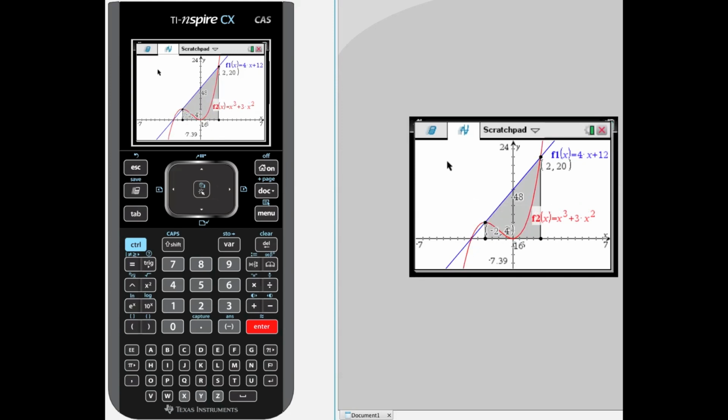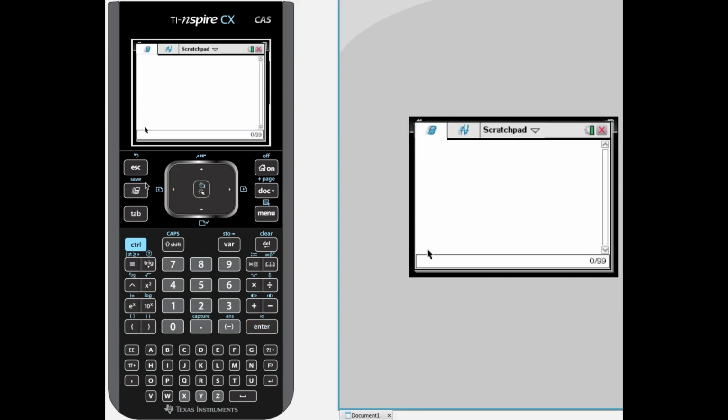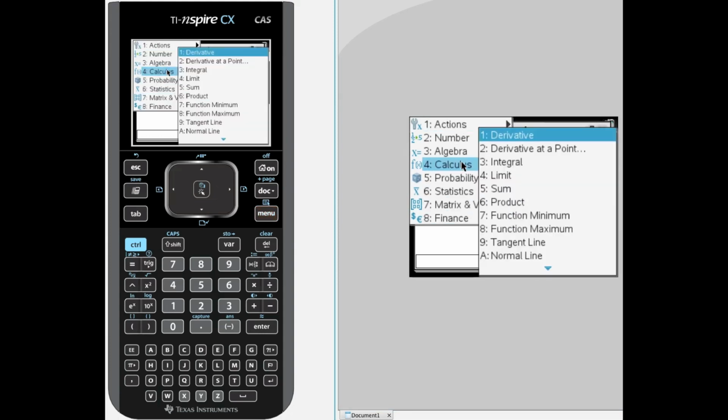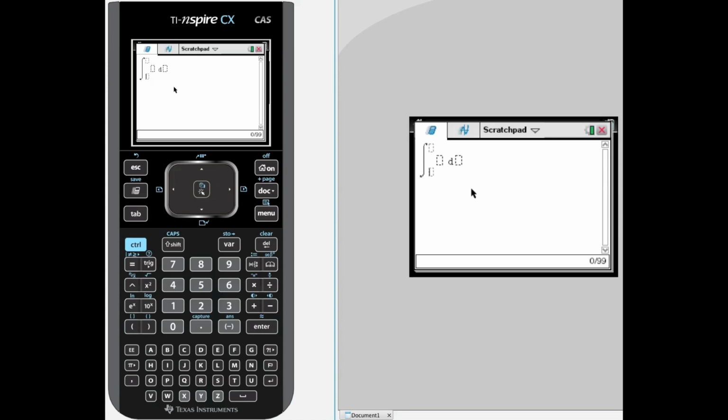Now this is a CAS version, which stands for Computer Algebra System. To toggle between the two views, you'd probably hit the tab button. I can go to Menu, Calculus, the integral. My lower bound again was -2. My upper bound was +2. And here I can just get the answer of 32, hopefully get the same answer, and I can actually just type in the subtraction of those two functions.